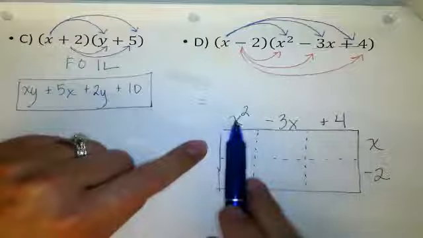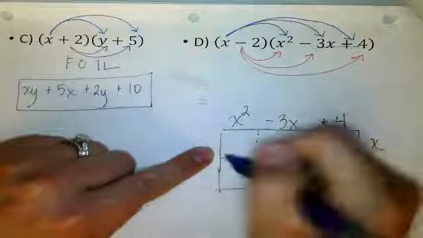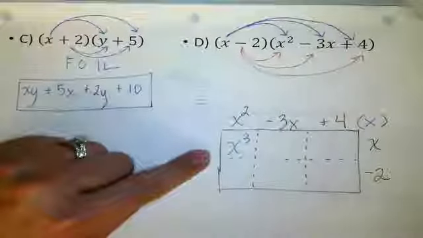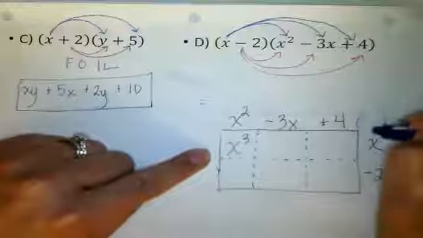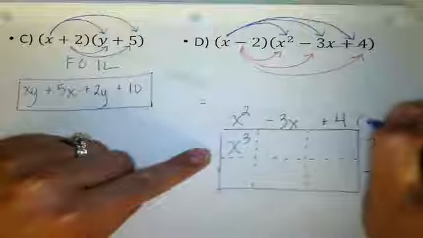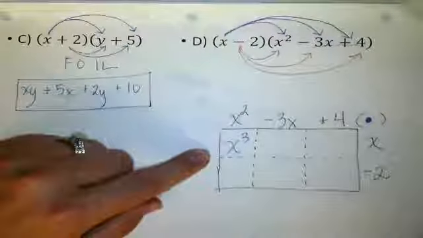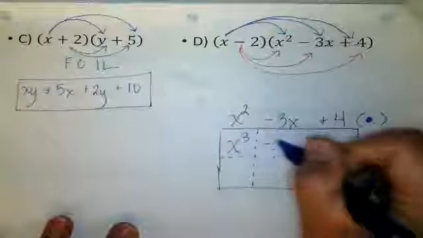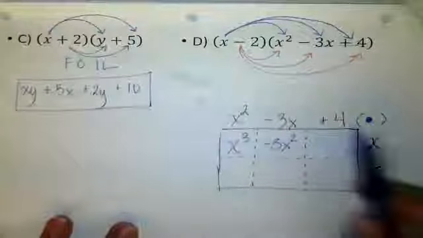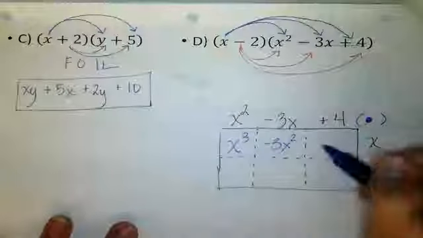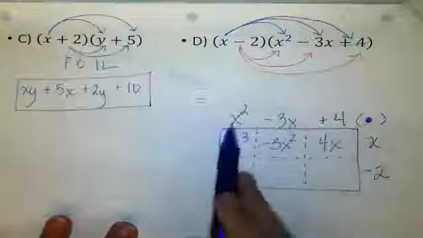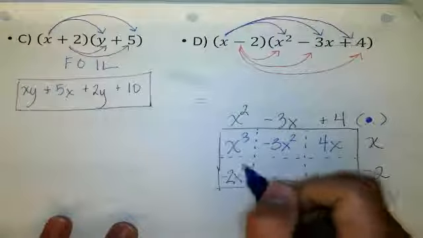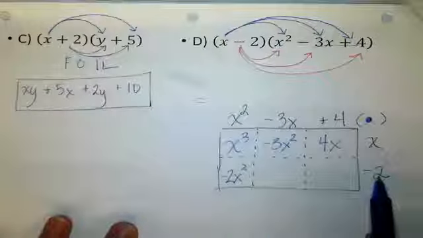So I'm going to say, what is x squared times x? X cubed. So we're just multiplying these things together. Maybe I won't use x. We don't use x because we use x as times, big dot. That was funny. All right. Negative 3x times x, negative 3x squared. And 4 times x, 4x. And then x squared times negative 2, negative 2x squared. Negative 3x times negative 2,